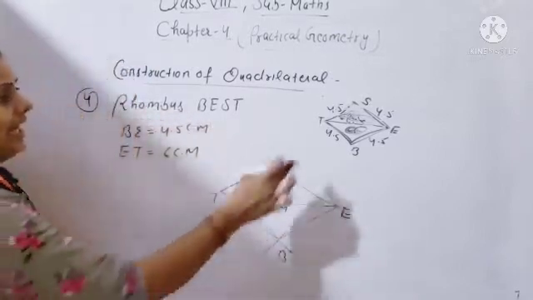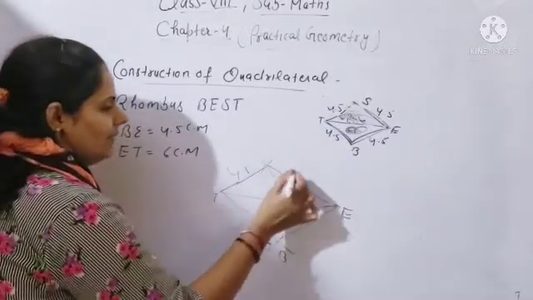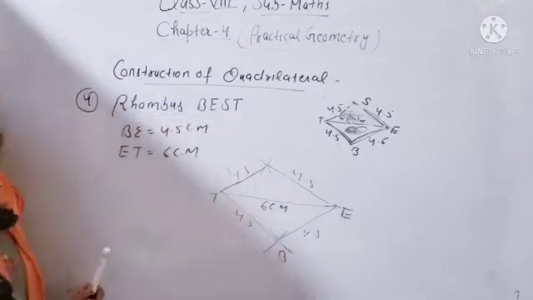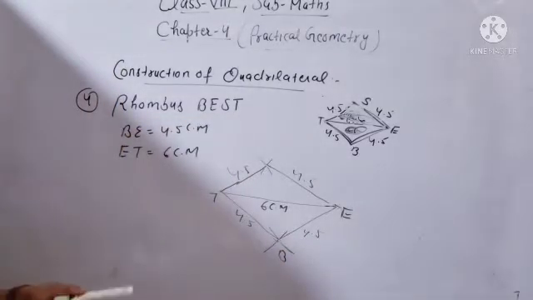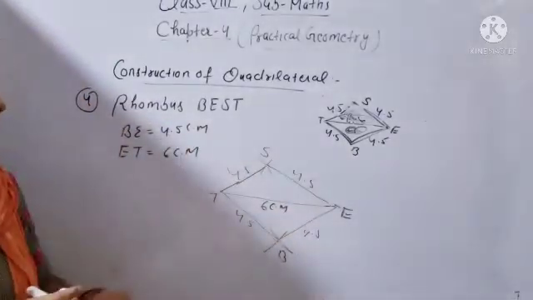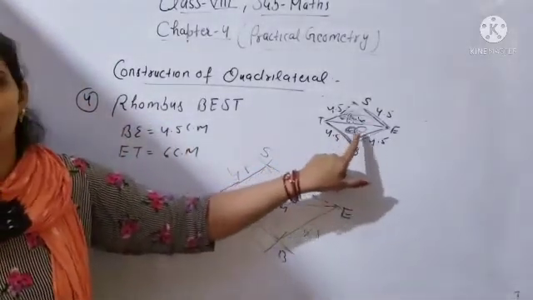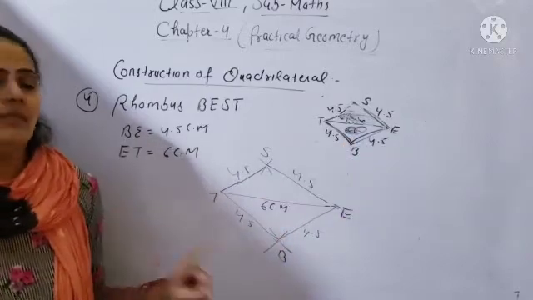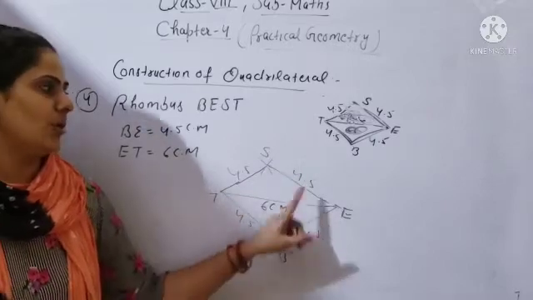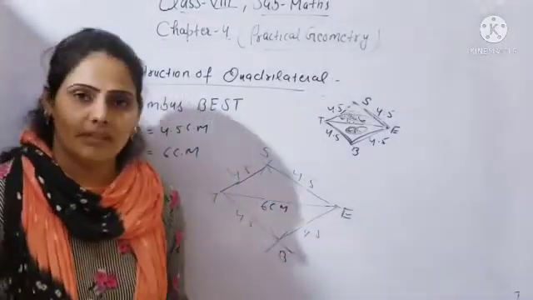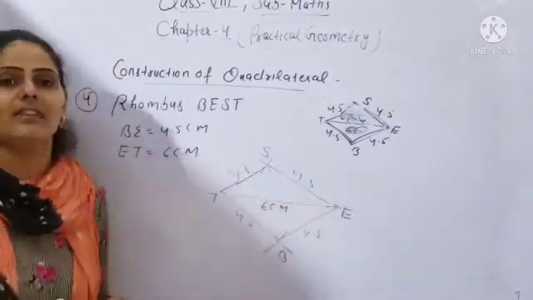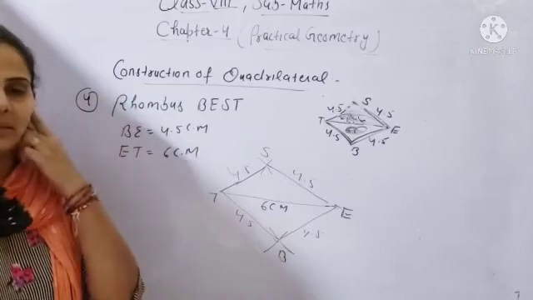Clear? And what is the length? All the lengths are 4.5. So 4.5, 4.5, 4.5, 4.5. You have to write the length also. So this is BEST. Now you have done this part also, the downward triangle also. What is the intersecting point of this? B point. And what are the lengths of all the sides? 4.5. It means you can say yes, BEST, this is your required rhombus. And what is the definition of rhombus? All the four sides will be equal.